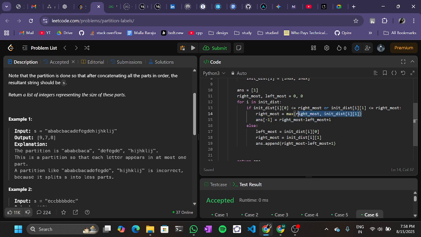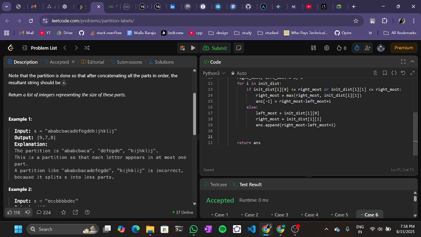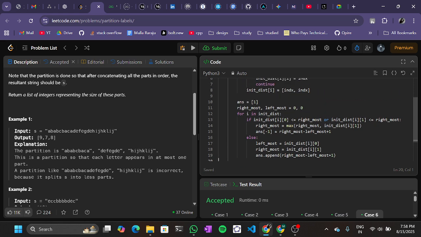If we got an overlapping value, like if two distinct values overlapped on top of each other, then we are updating the rightmost value and editing the last value to rightmost minus leftmost +1 and returning the value. I hope you guys understood the intuition,